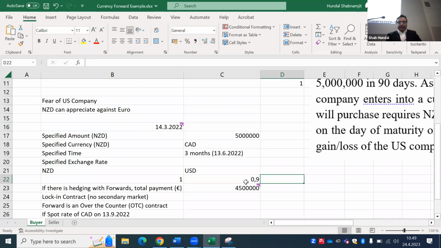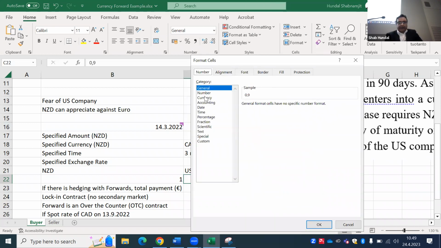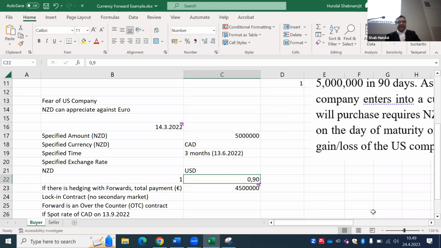How can I do format? Format cell, number, 2 decimals. Yeah. So it means that,